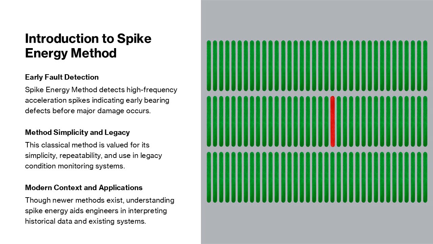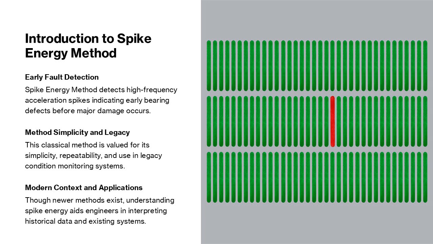The method focuses on capturing and quantifying short-duration, high-frequency acceleration spikes that occur when a bearing defect, such as a crack or spall, is struck by a rolling element. These impact events generate brief bursts of energy that are not always visible in conventional low-frequency vibration measurements. By emphasizing these spikes, the spike energy method provides sensitivity to incipient faults long before they grow large enough to